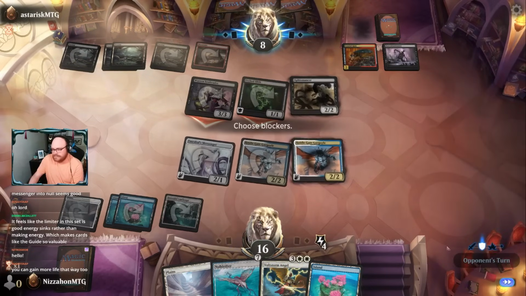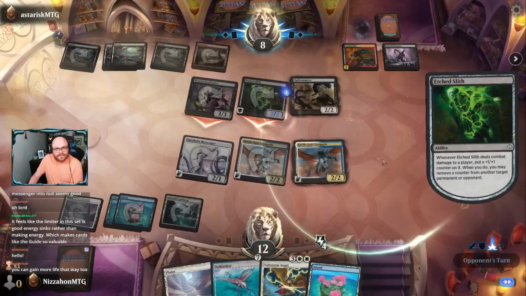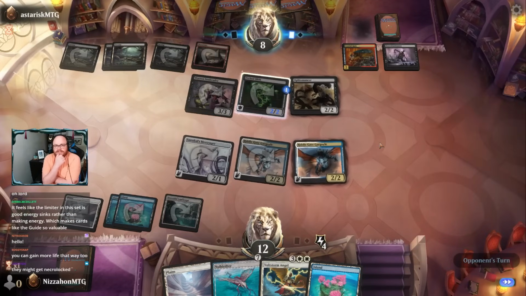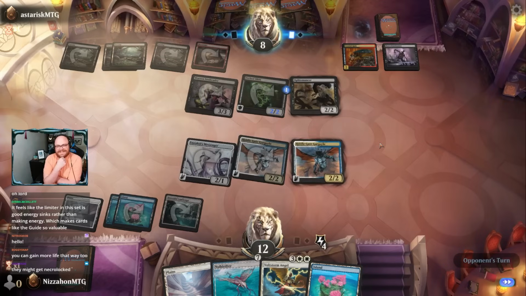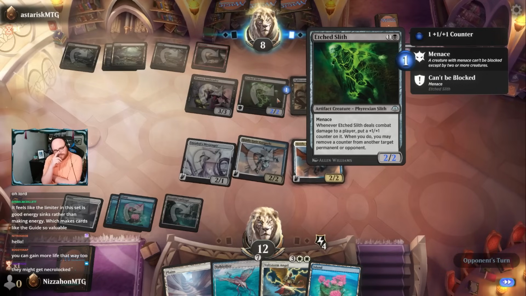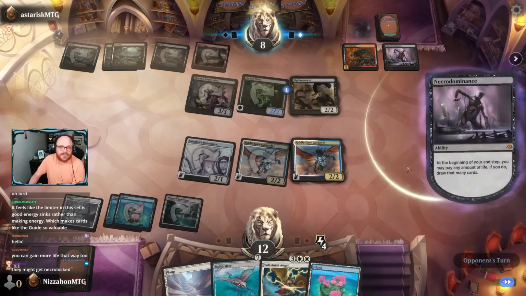Well. Oh, they're going to take an energy away from me. Oh, they didn't. Pro tip, take energy away from people, because you can with Etch Slith. It's a counter that's on a player. So they could have dropped me to 3 energy. It doesn't really matter in this case, but...